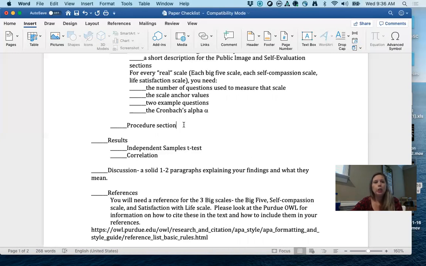So that's it. I would say something like, participants completed an online survey for class participation, something like that. But literally a sentence is going to be fine. Just have something there. Do not leave that blank. Normally your procedure section will be a little longer, so keep that in mind for your future papers, but for